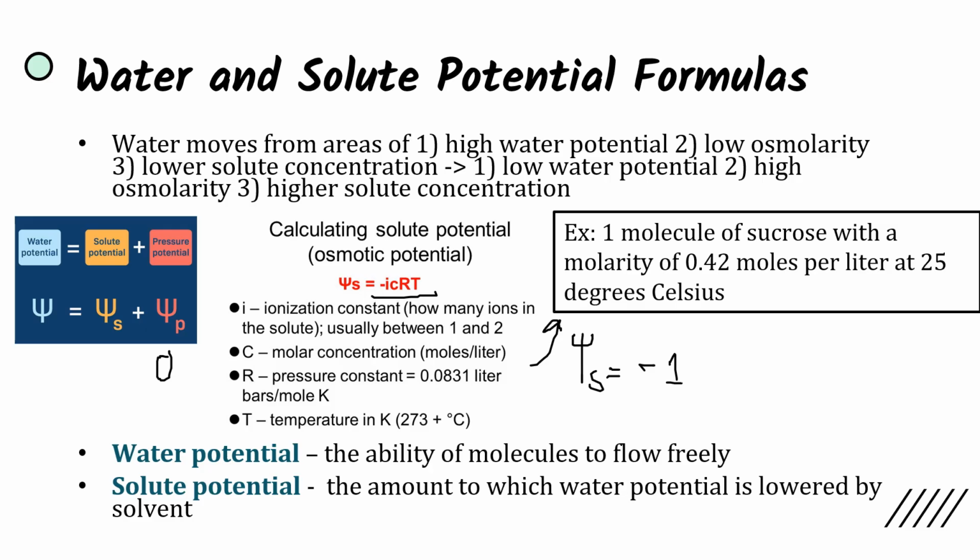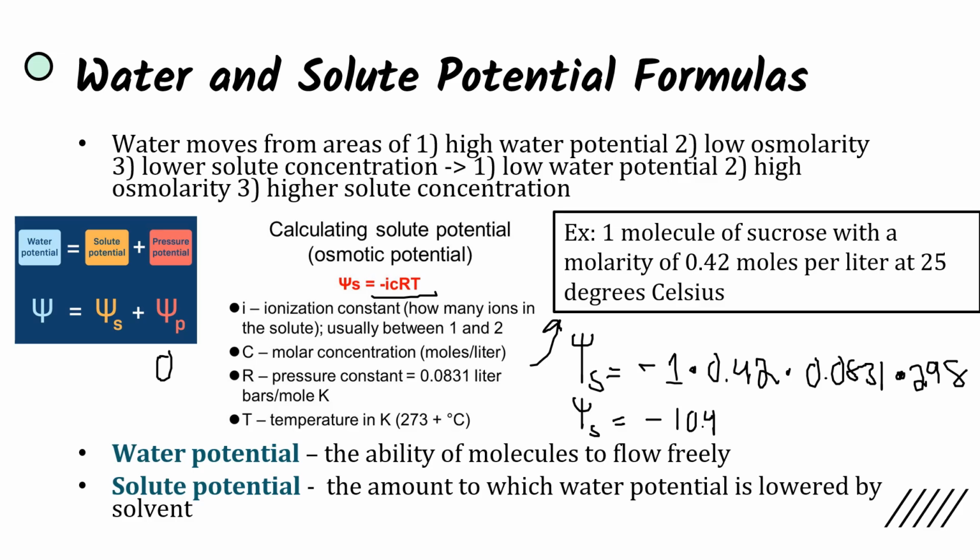Next up, you have our molar concentration of 0.42. Then our pressure constant, 0.0831. And lastly, our temperature in Kelvin, which is going to be 273 plus degrees in Celsius, which is 25 degrees in Celsius. That gets us to 298 degrees in Kelvin. And after we multiply all of this up, we get a solute potential of negative 10.4. And obviously adding this to our pressure potential of 0, we get our total water potential is going to be